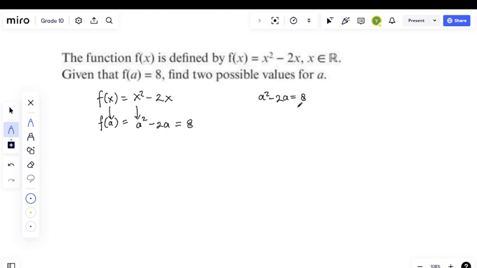Tapi kalau functions itu hasilnya bisa banyak, macam-macam, depends on the domain, ya. Atau kalau gampangnya functions itu ada fx-nya, ada gx-nya, pokoknya ada huruf dalam kurung domainnya apa, sedangkan yang ini nggak ada. Nah, quadratic equations, that means we can